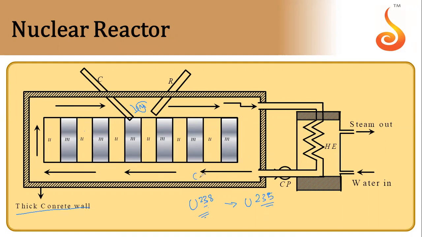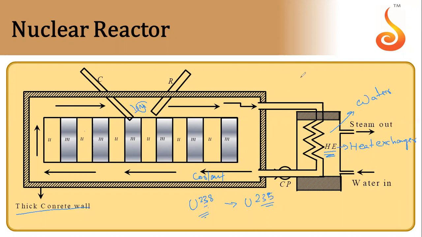After that, there will be coolant here, which is pumped into this nuclear reactor. So it takes away heat energy of the reaction. Now this heat energy goes to heat exchanger, which is mentioned by HE here. So when the coolant passes through heat exchanger, it will lose its heat to the heat exchanger. Here water is supplied, and this water gets converted into steam. As you can see from the diagram, water is coming inside and steam is getting produced.